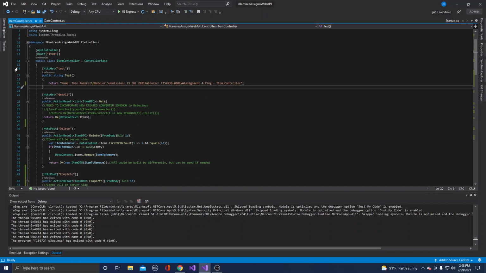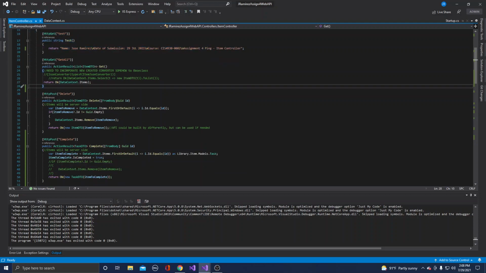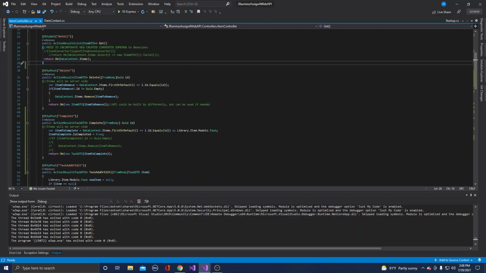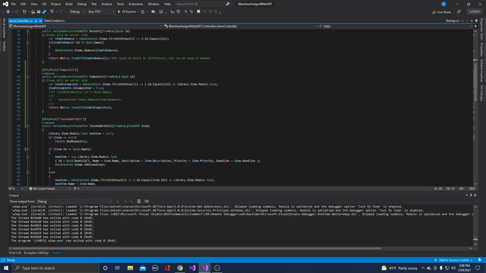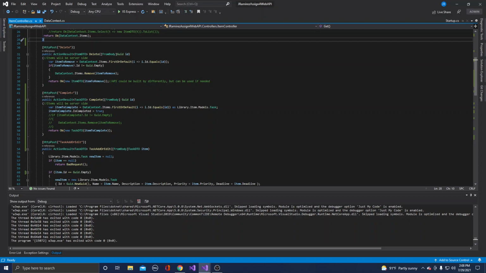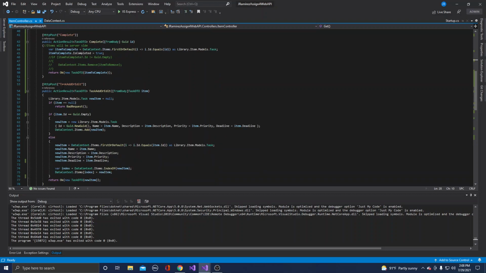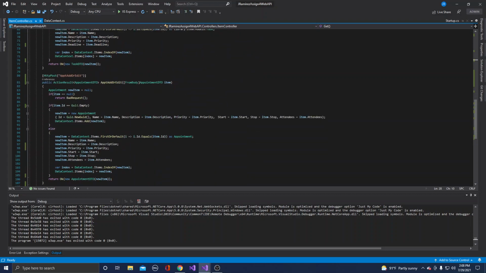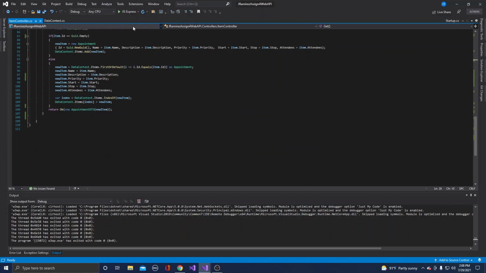As far as the controller, we have our ping test, which I'll show shortly, and our get all, which uses the serializer, so we only need one simple statement. We've got a delete, and a complete, again, since we added the list, we're completing a task, and then we're adding or editing an appointment or a task. So there we go. So to get this running,